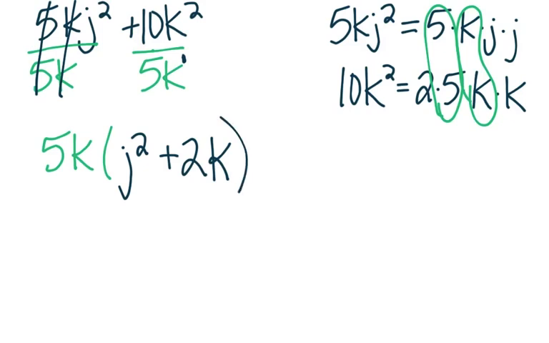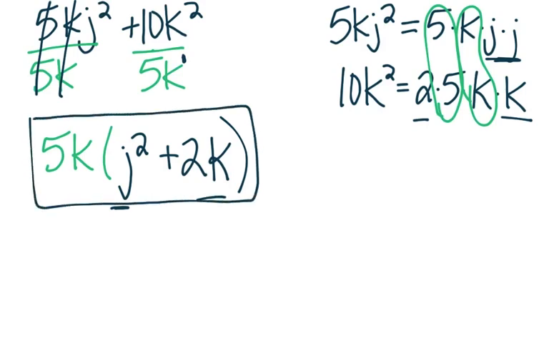And again, we can check our answer. So for the first one, we had 2 j's left, which gave us our j squared. And then we have a 2 and a k, which gave us our 2k. And then for our final example, we have 9x squared minus 12x